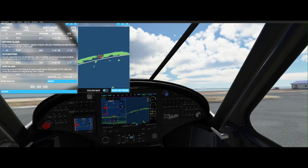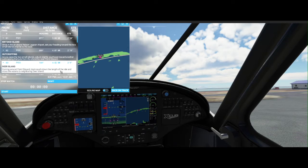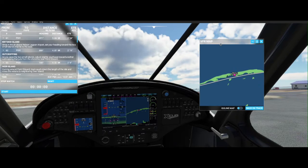Let me take a quick look at the exact pronunciation of the name. Perryville Airport. It's near the peninsula of Alaska. Airport in Lake and Peninsula, Alaska. Now I gotta fix that. Alrighty, we're gonna go ahead and take this and bring it over here,